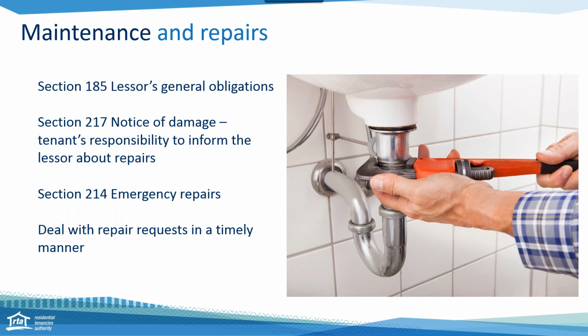Section 217 outlines that the tenant is responsible to inform the owner or the agent about repairs. Not every tenancy runs the same way in relation to how to report maintenance. So whether there's a maintenance request form to be completed, or whether someone makes a phone call or email informing them of the issue, or whether there's a breach notice and that's the way of informing them of the repair.